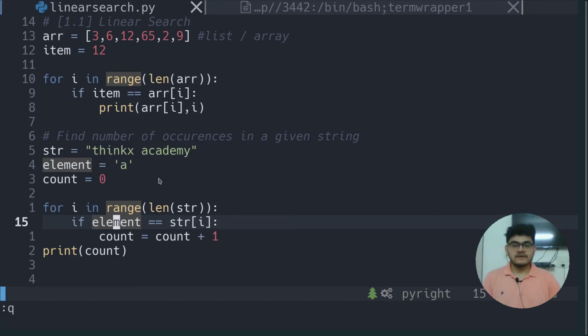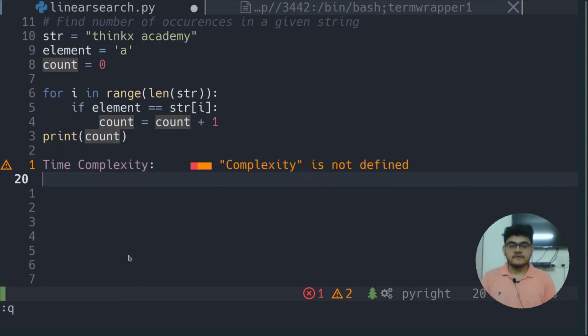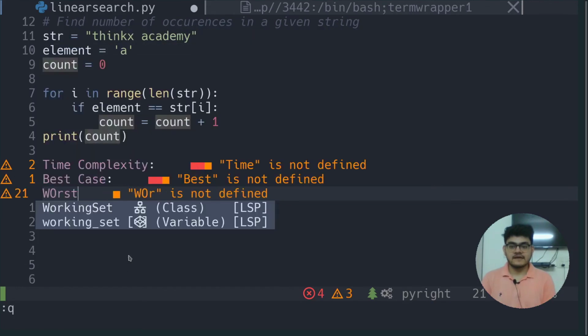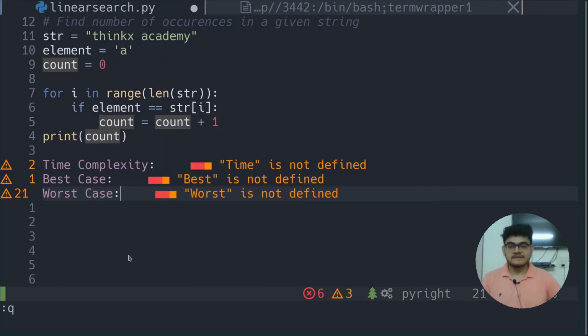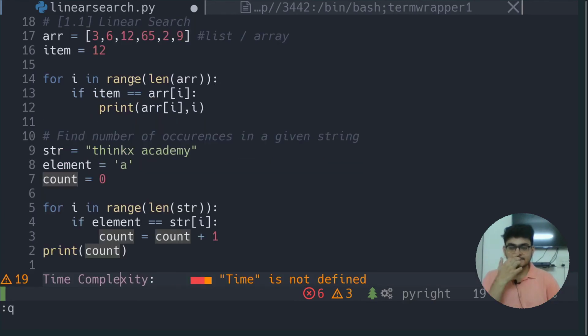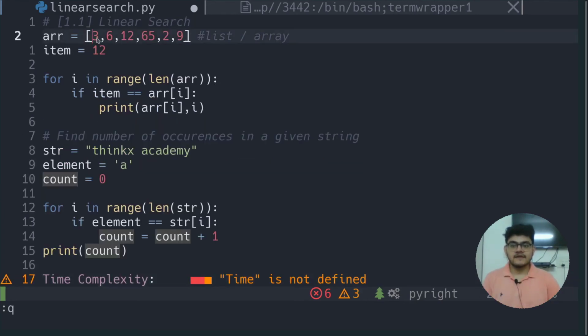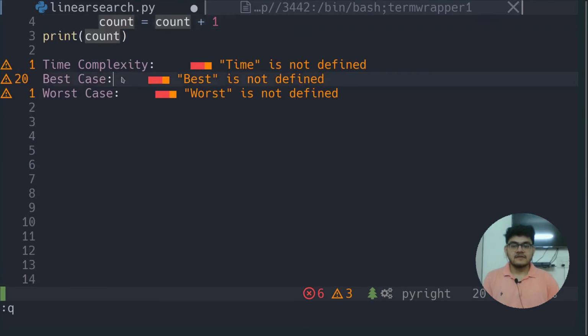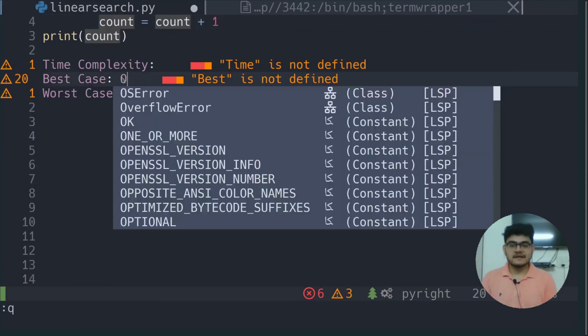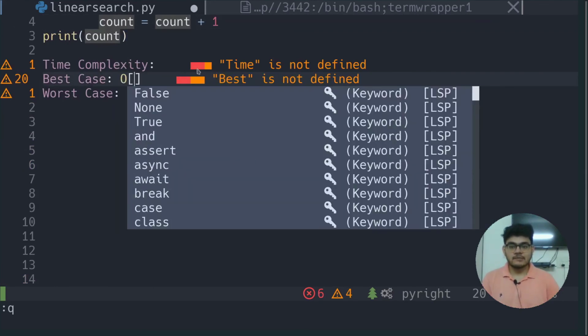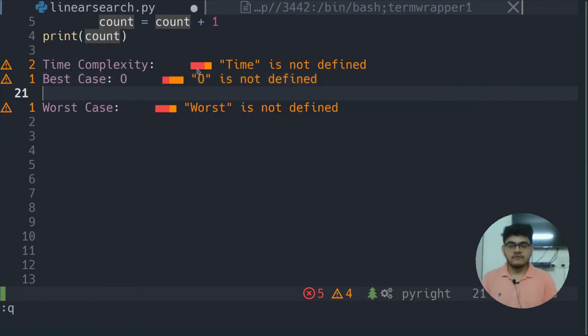So the question here is, what is the time complexity of the linear search algorithm? In time complexity, what we are going to consider is the best case and the worst case. In the best case, if we find the element at the very first position, let's say 12 is at the first position, that is considered the best case, and the time complexity is big O of 1.